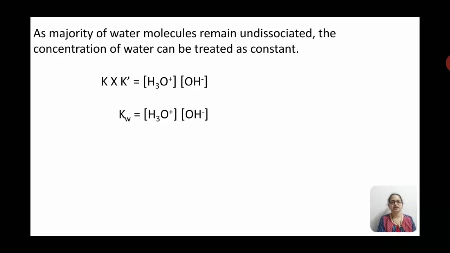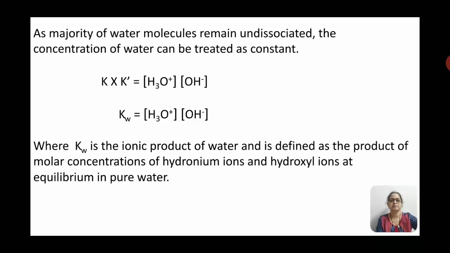If we substitute K multiplied by K dash as Kw, we get the equation Kw is equal to the molar concentration of hydronium ion multiplied by the molar concentration of hydroxide ion, where Kw is the ionic product of water